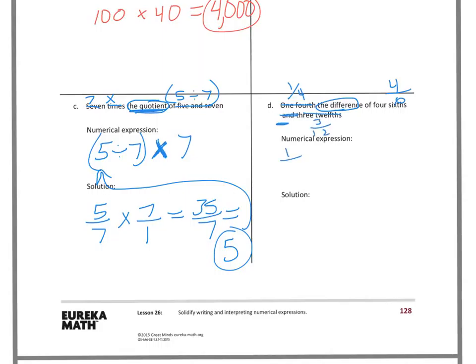And when it says 1/4, it means 1/4 of the difference. So I'm multiplying it by 1/4, or dividing it by 4. And I have to make sure that I have my 4/6 minus 3/12, because I have to find the difference of these two fractions first before I multiply it